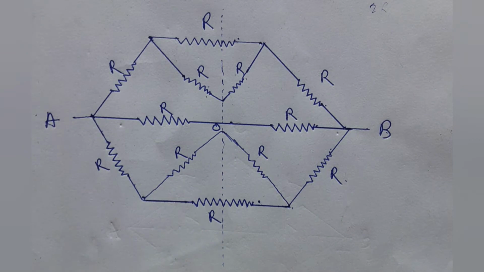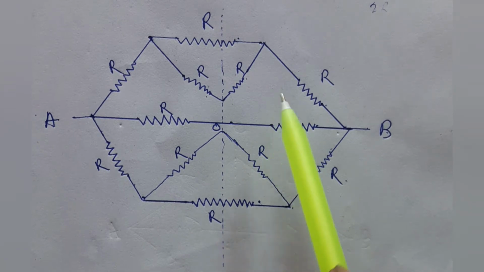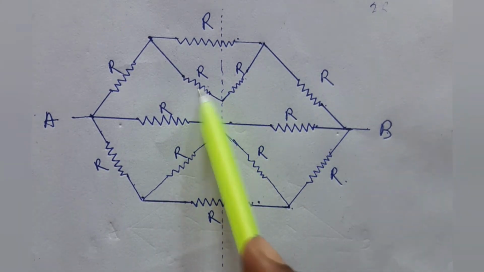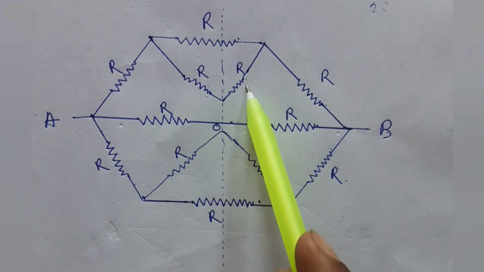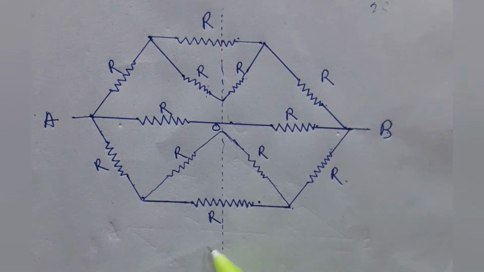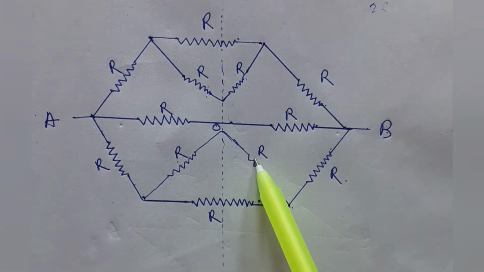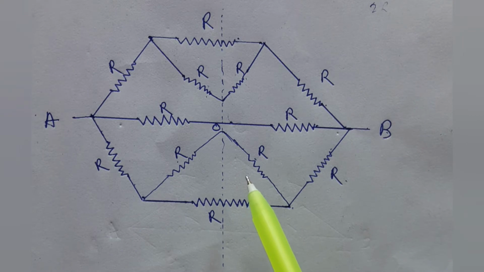Here is the next reduced circuit. Here we separate these three branches, and we see that these are in series and it gives 2R. This 2R and this R are in parallel, and similarly in the lower branch these are in series and it is parallel with this R. Now we go to the next simple circuit.